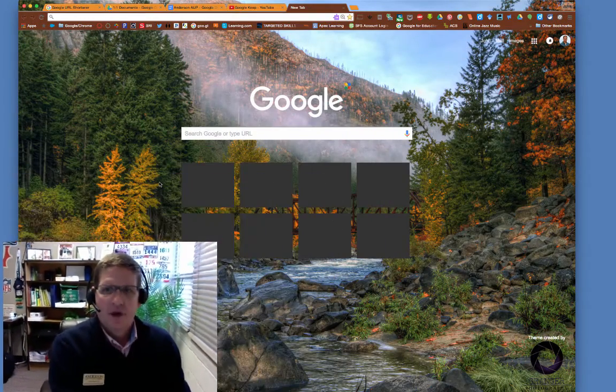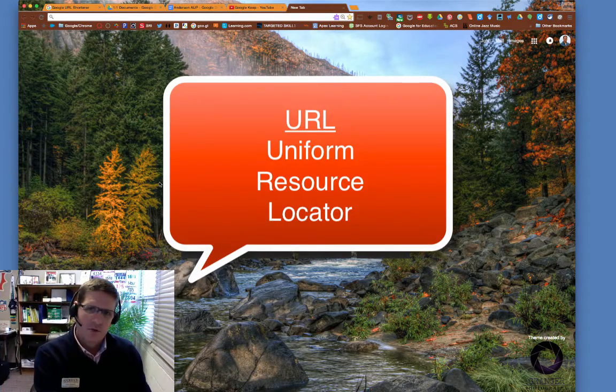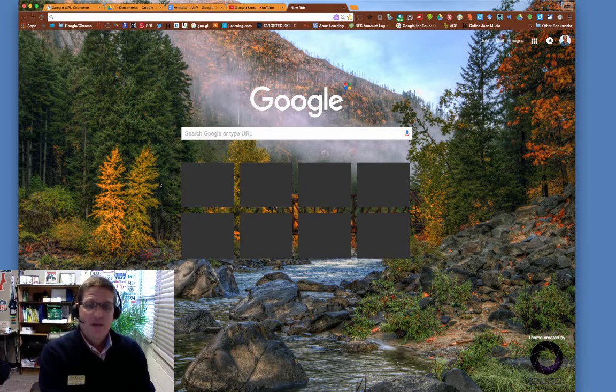And for those of you that don't know, a URL has a long name, and it doesn't matter what it really means. We know it more by the phrase web address. And there are occasions where you want to take a web address and communicate that to your students, where you want them to type it in. You either put it on a projector or on the board and have them type that in. In some cases, those URLs are pretty short. For example, if you want to go to CNN.com, the address is